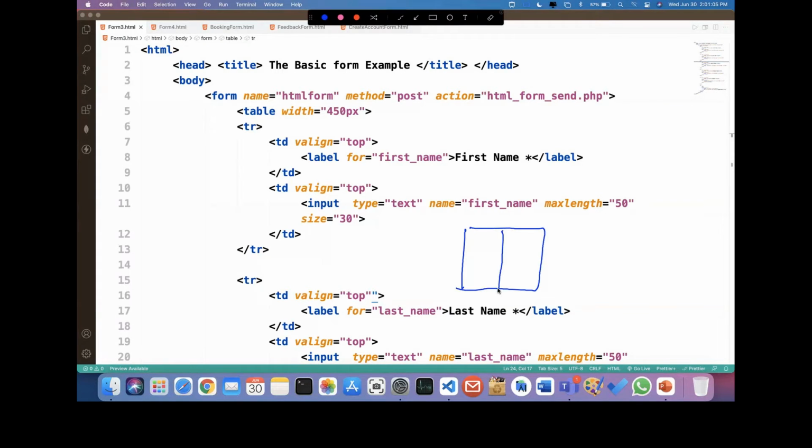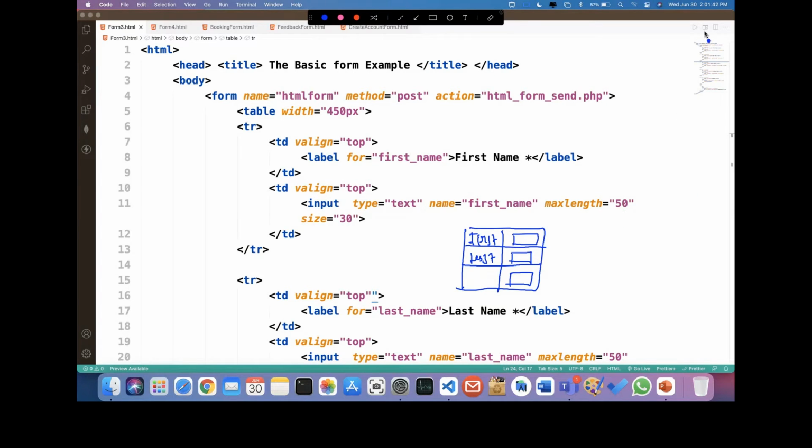You can write first here and put the control here, write last here, put the control here, and the button here. Automatically it will be in a symmetric pattern, and it also looks very nice. So this is one way you can design a form in a pretty good design.